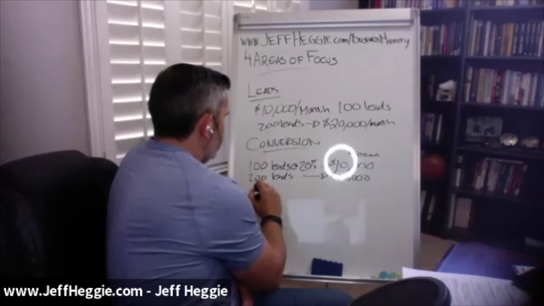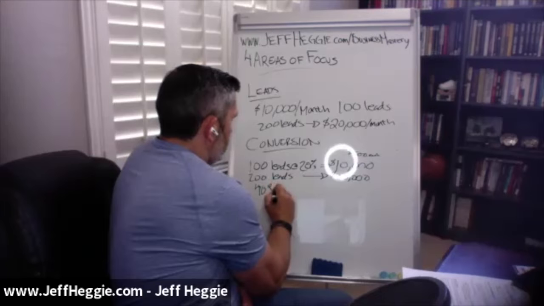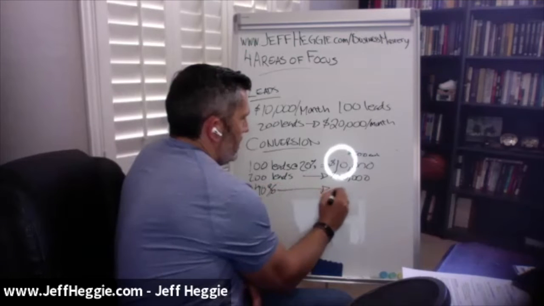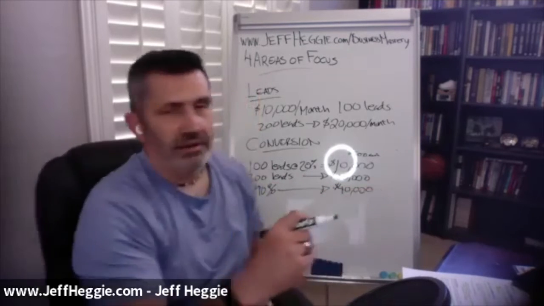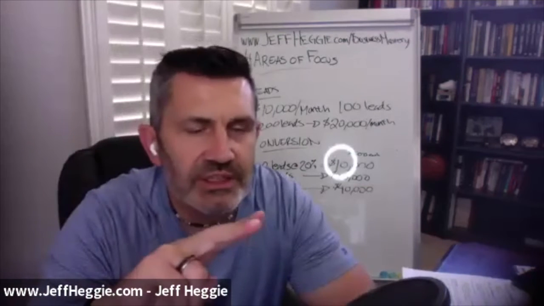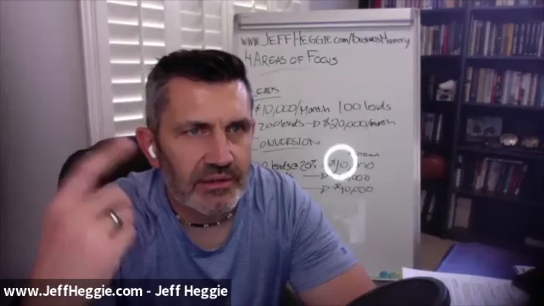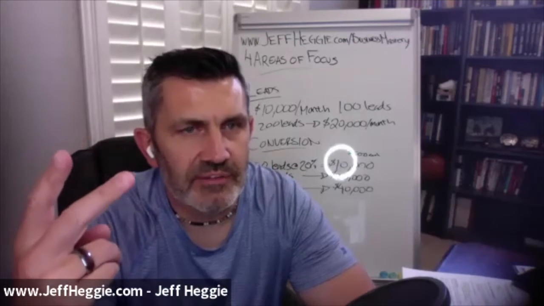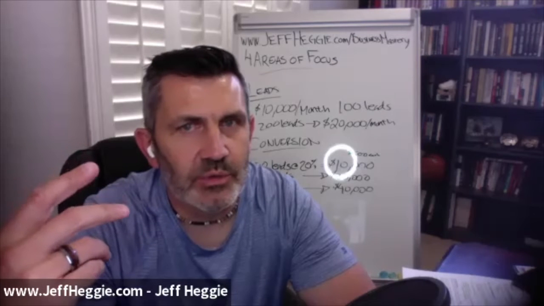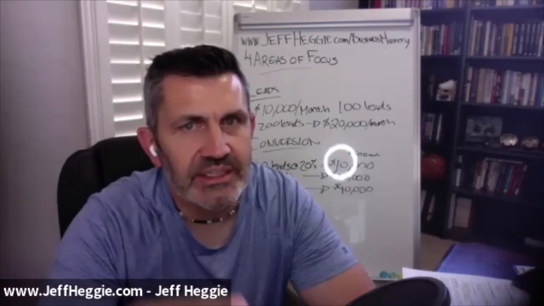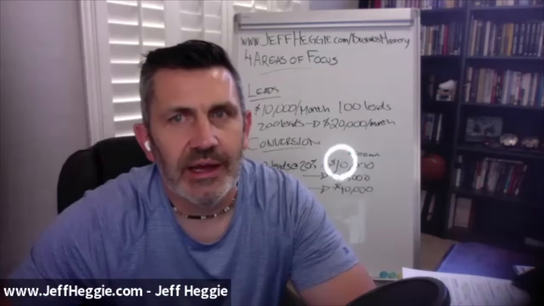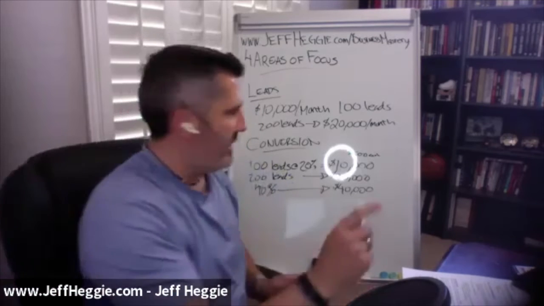So if we go to... right, so just with those two things alone, we double the leads, we doubled it. We double the conversion, we doubled again. So we've gone from 10,000 to 40,000 a month just by doubling the leads and doubling the conversion. Now, one thing I want to talk about here